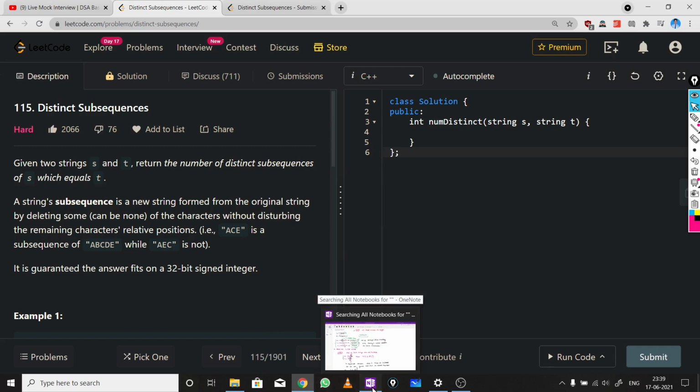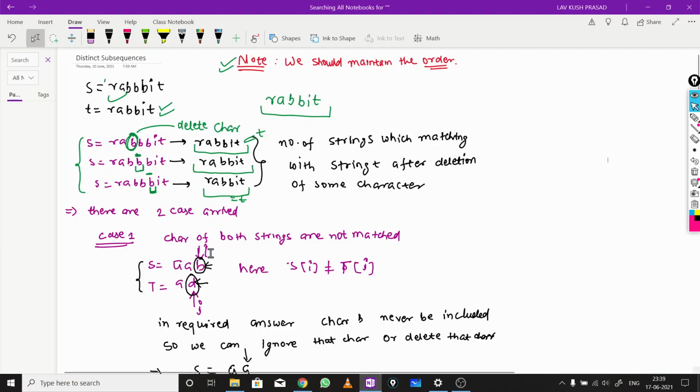That's how it works. Okay, so in this problem, we know that given s and t, if we can delete b, this is a string we make after deleting the character, and this is one of the ways, and we can include it in the answer, which means we can increment the count here. So now the count value is 1.